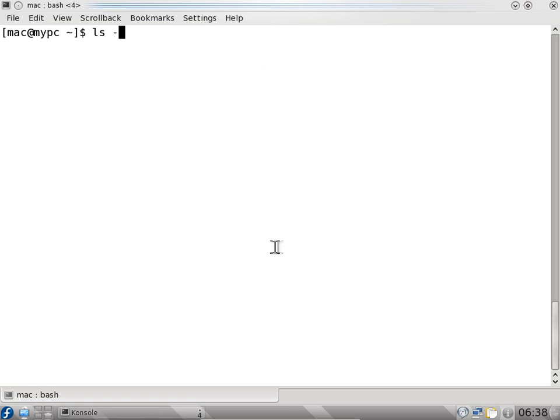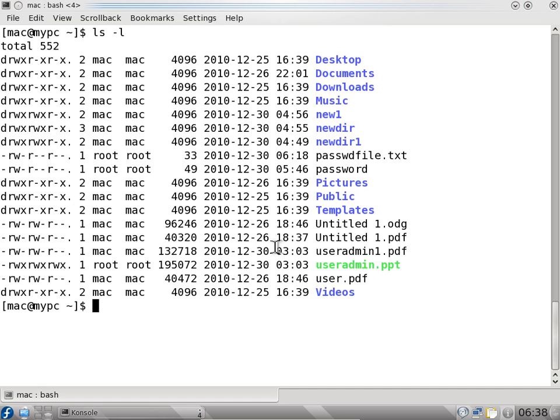I'll say ls -al this time. I'll say ls -l first. It will show you all the folders, but it will not show you the hidden folders. It shows only the regular folders, but as a long listing. You can see it's showing a long listing, and it shows what the permissions on the files are. We'll talk about permissions in a different video.